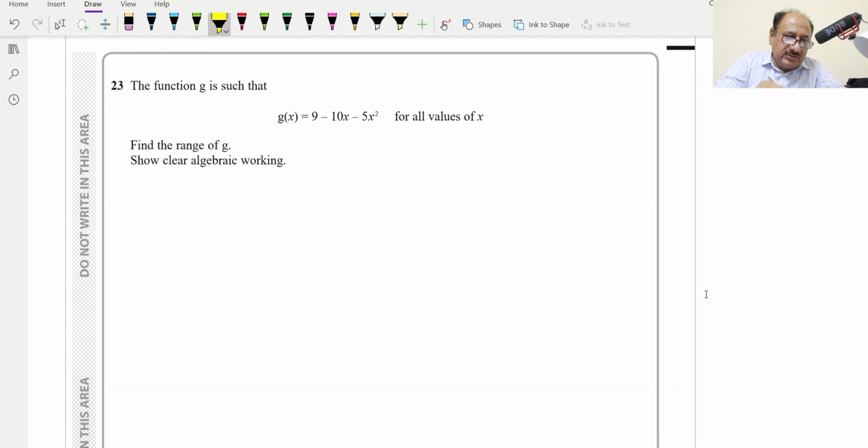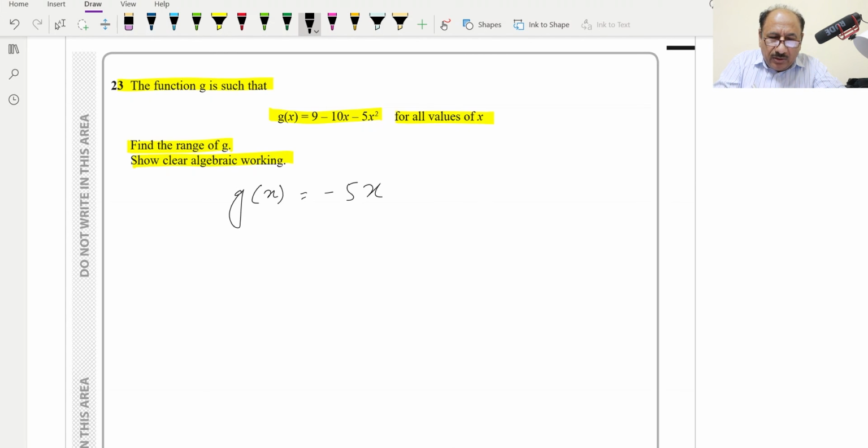Question 23 says the function g is such that this is equal to this for all values of x. Find the range of g. Show clear algebraic working also. So g of x is equal to this. Basically we can rearrange it in this quadratic format. Minus 5x squared plus 10x plus 9. And now what we can do, we can